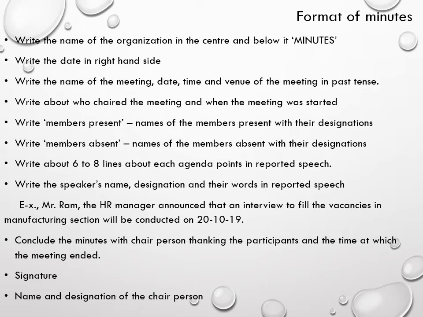And then you talk about the person who chaired the meeting, and then you have a list of members present, where you would be saying 3 or 4 people who were present in the meeting with the name and designation, and members absent. If there are no absentees to the meeting, then it could be nil. And then